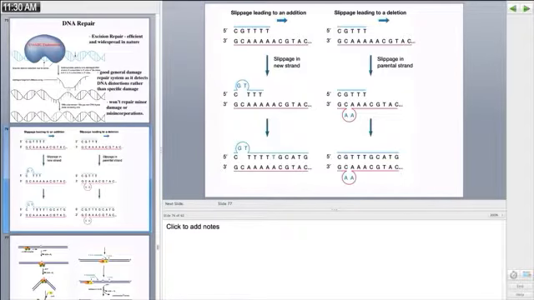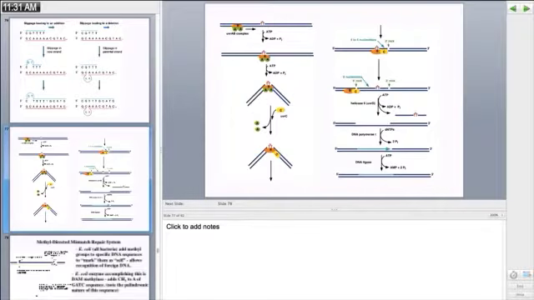So in this particular case, if slip strand mispairing occurs as it does on the right, UVR ABCD actually helps to fix that mutation. And by fix, I mean make it permanent in the genome, not fix as in repair. But this is more typically probably what happens in most cases of slip strand mispairing. That's why that form of mutation is still quite rare. It's more frequent than a random mutation in a random piece of DNA, but it will occur more frequently than normal. Okay, so sorry for that aside,